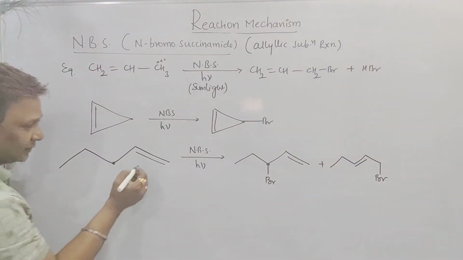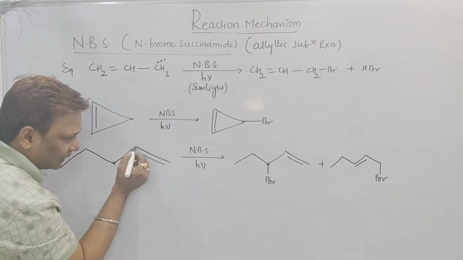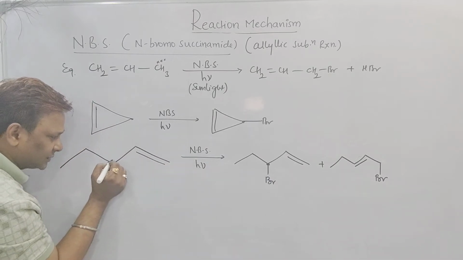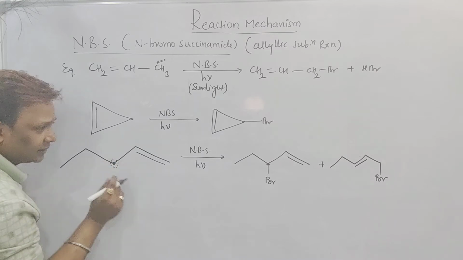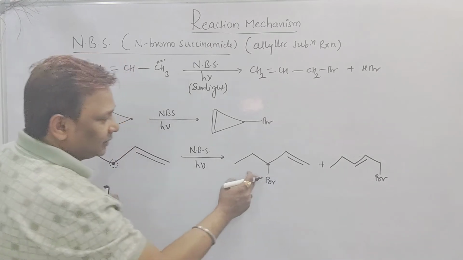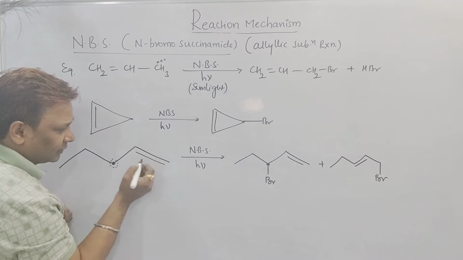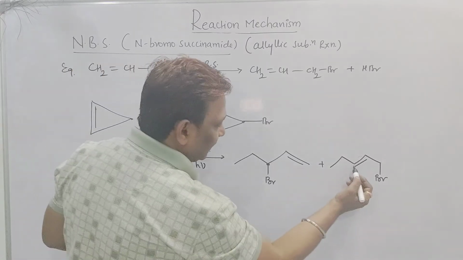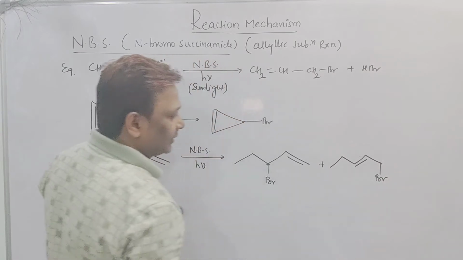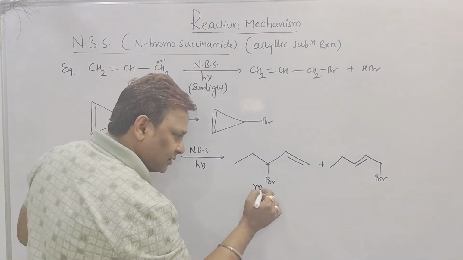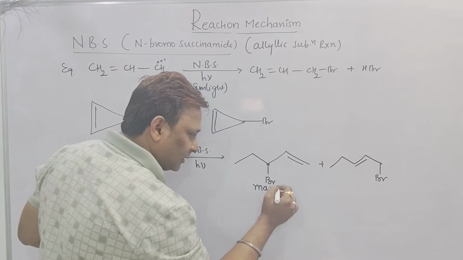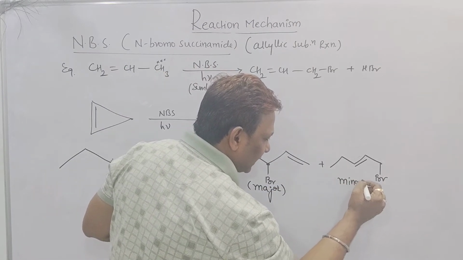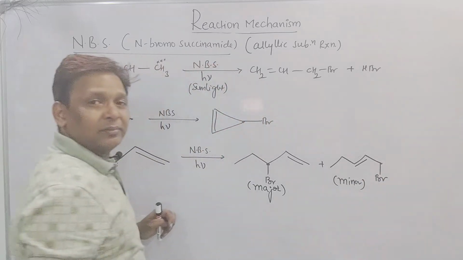I repeat, beta, here. If you break a pi bond, I get the radical, but actually in the presence of NBS and sunlight, beta, I am getting this position of the carbon where the free radical is there, which is the most stable. And suppose if you break the pi bond here, one radical will form a pi bond, one radical is left where Br will attack. We can say, sir, this one is the most stable free radical which will form the major product, and this one will form as a less stable free radical which will form the minor product.